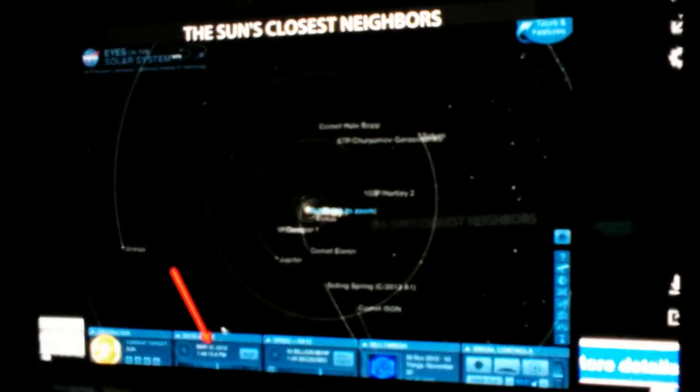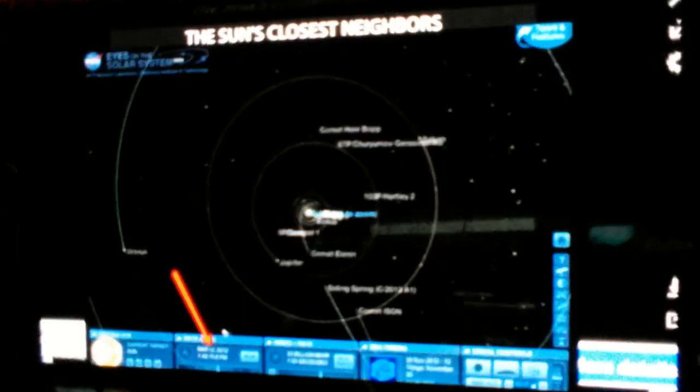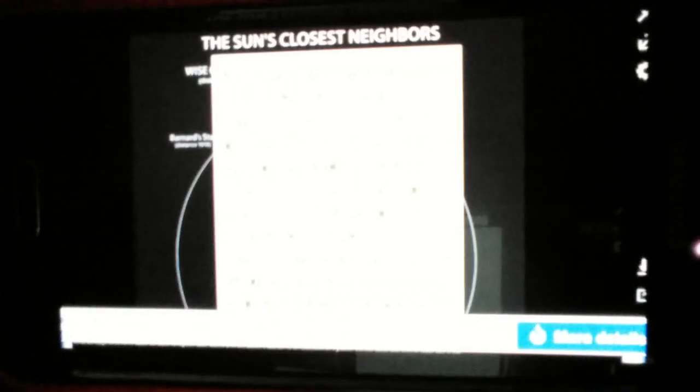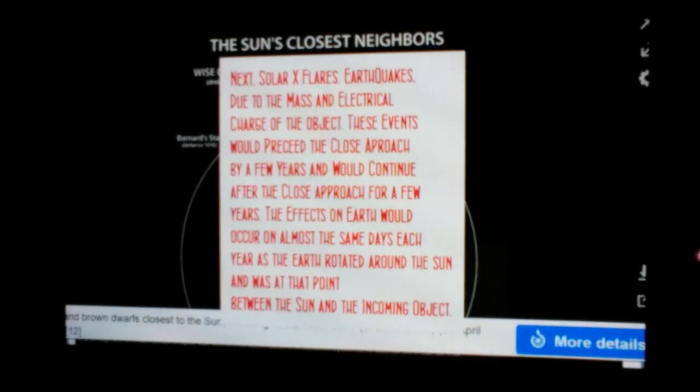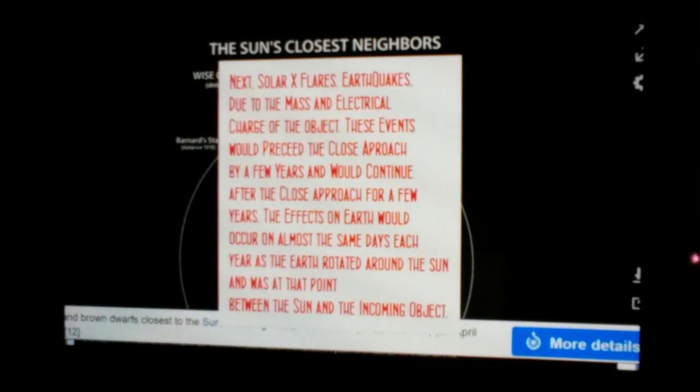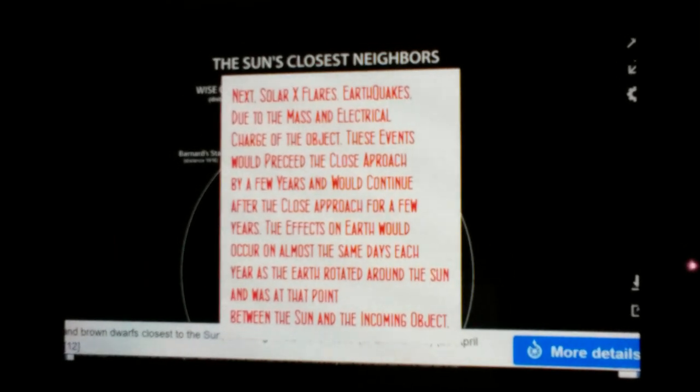First, an object comes in and disrupts the orbit inside the Oort cloud. That's where they say the comets are. Look at this: ISON, Siding Spring, Elenin, Comet Hartley. Notice the date, March 12, 2012. Remember that date. Next, as it approaches, just like with ISON, solar X-flares, earthquakes due to the mass, electrical charge